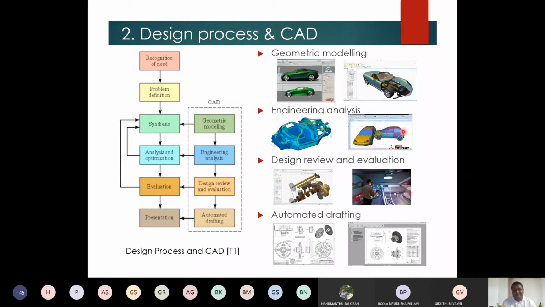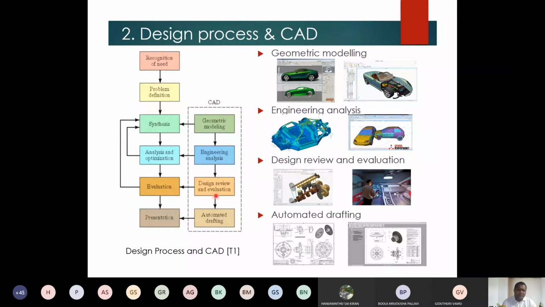No need to do the destructive testing like before. People still do destructive testing now, but the number of components that you need to destroy is drastically reduced compared to the olden days, which is helping the industries to reduce the overall cost as well as the time.